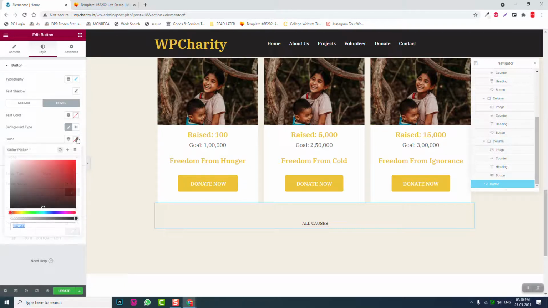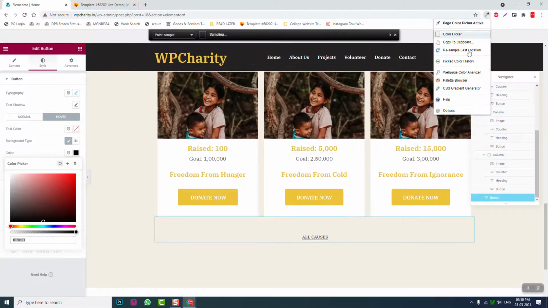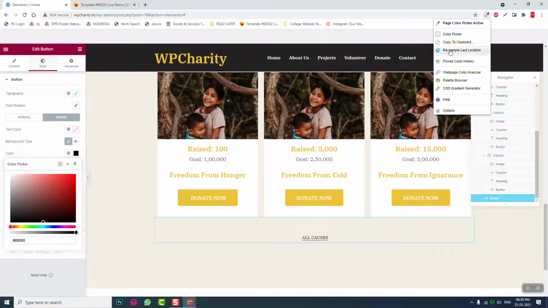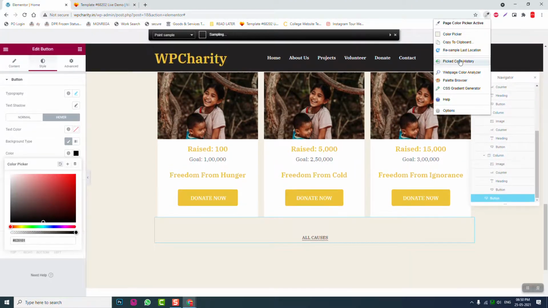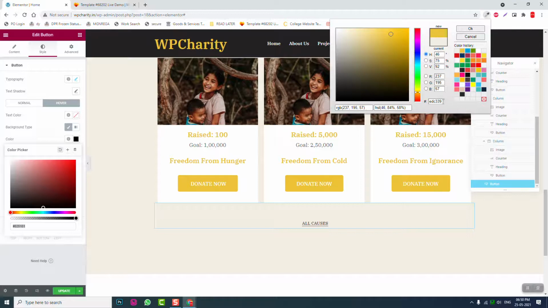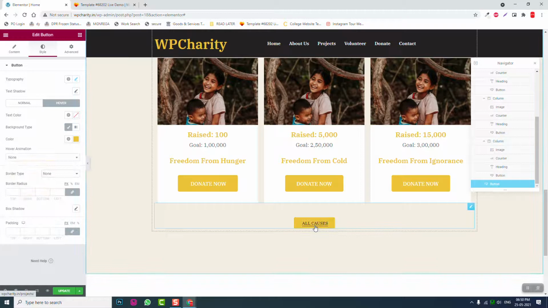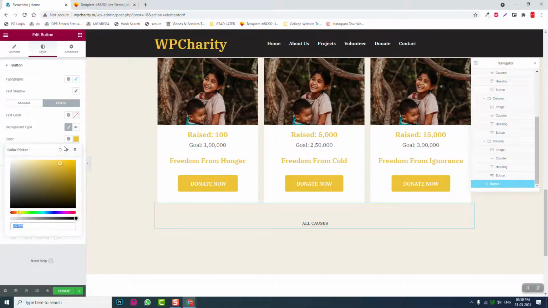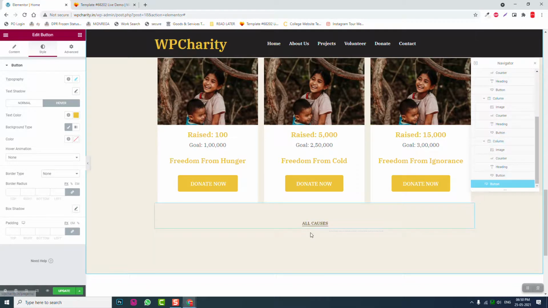Over color, we can use the big color that is free, yellow. Copy it and change the color here, something like this. Or instead of that, change the color here to yellow, like this. Okay,